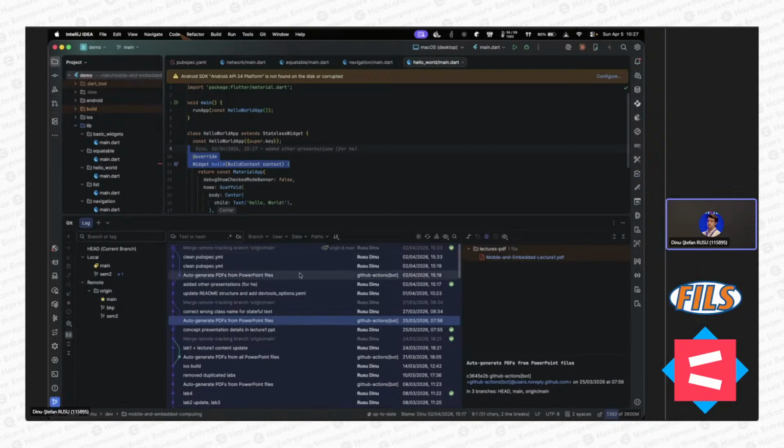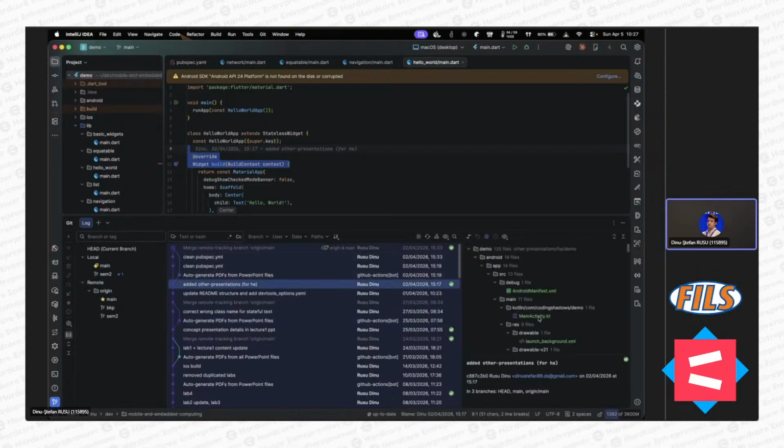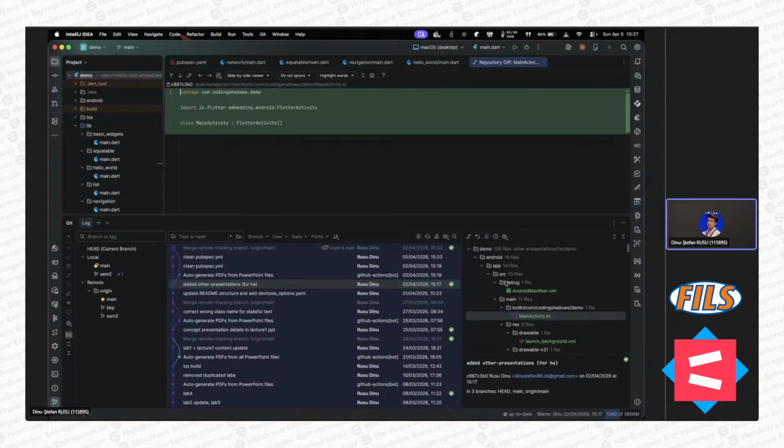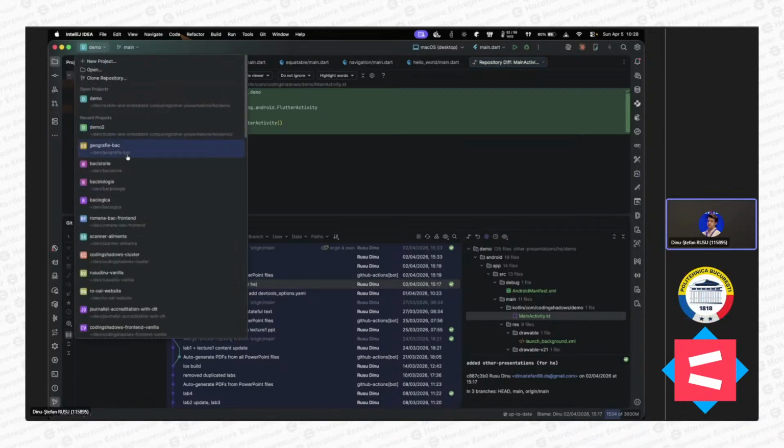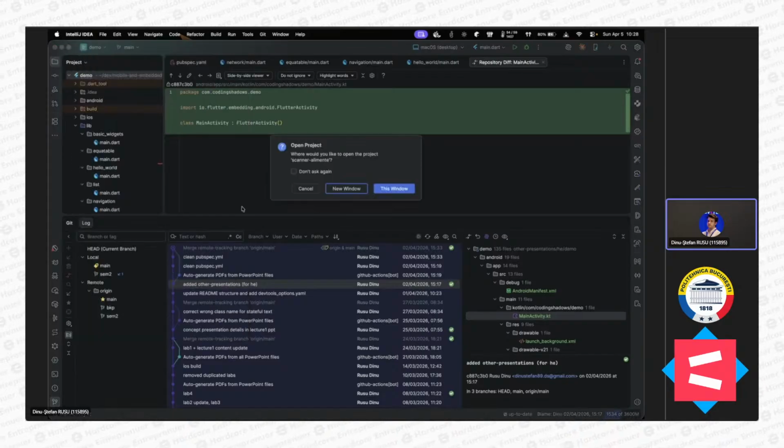When you view a commit, you can see what changes were performed on the right side. So for example, if we go here and we double tap on one of these files, you will be able to see what has changed. In this case, it's just a new file that has been created, so that's why everything is green. But if we open, let's say, something else,